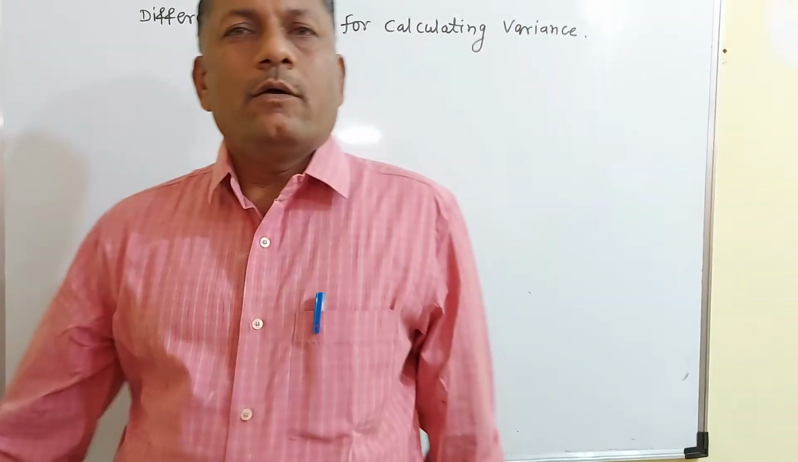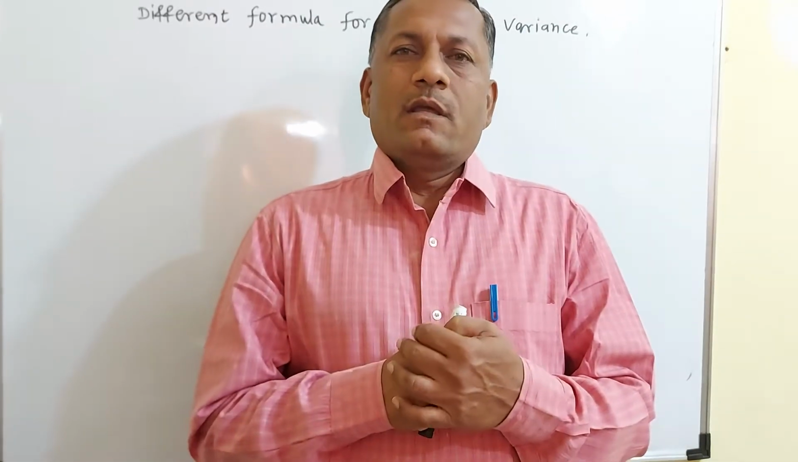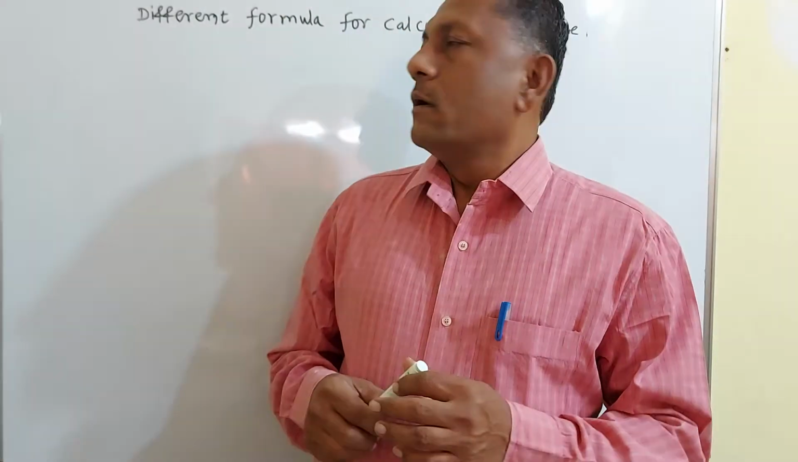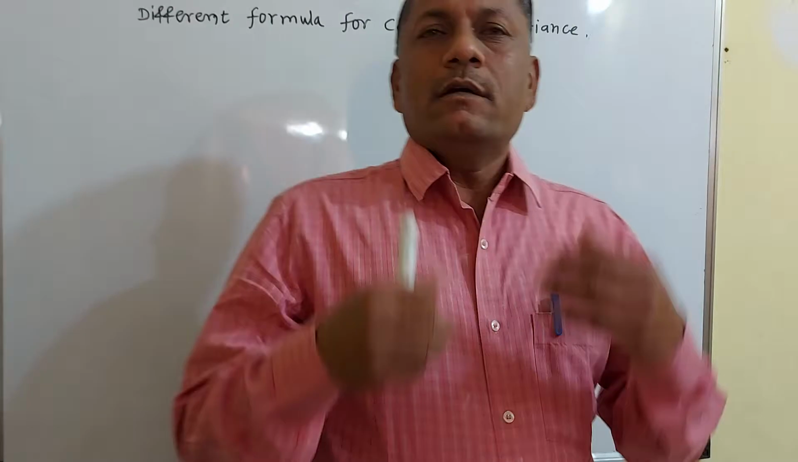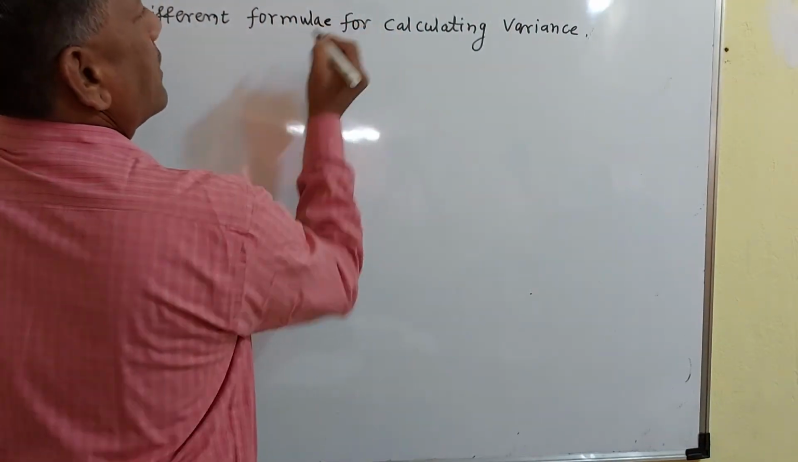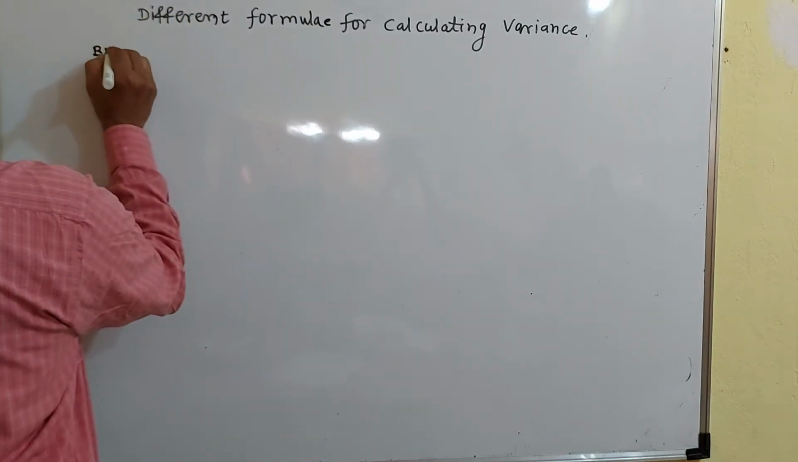Hello students, we know the formula of standard deviation, and the square of standard deviation is the variance. Now we learn another formula for calculating the variance. By definition we know